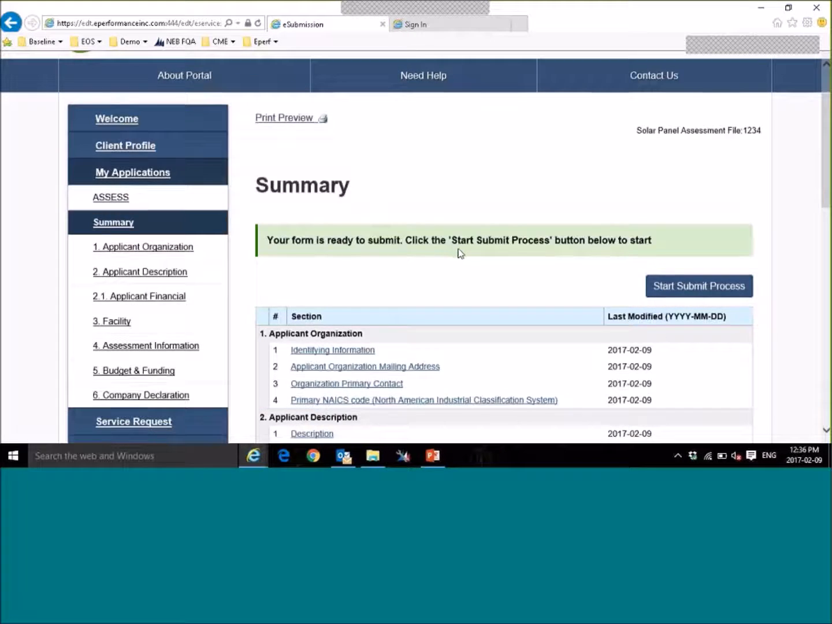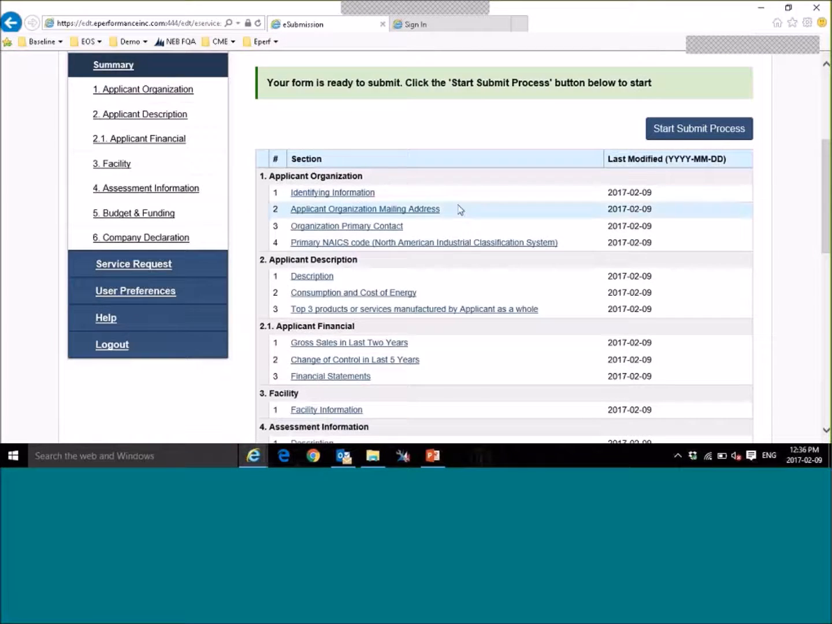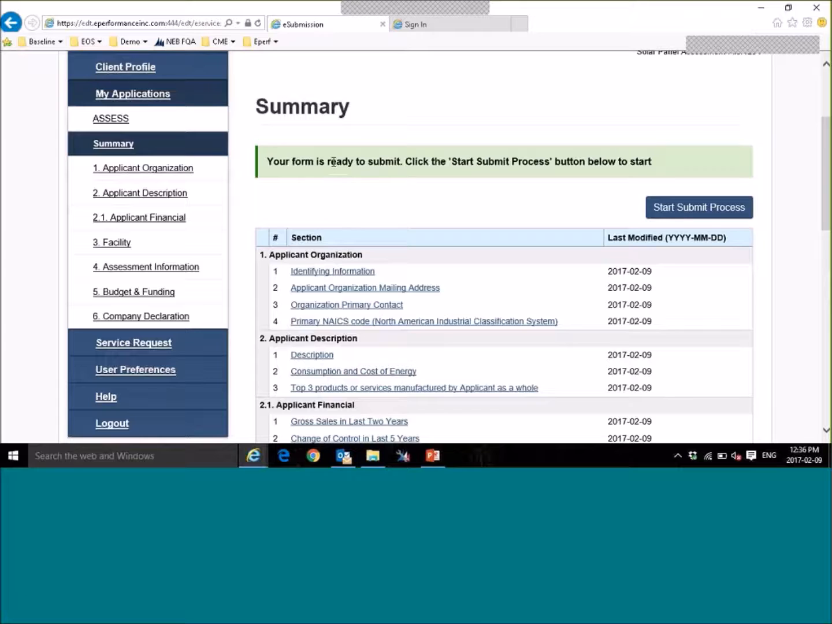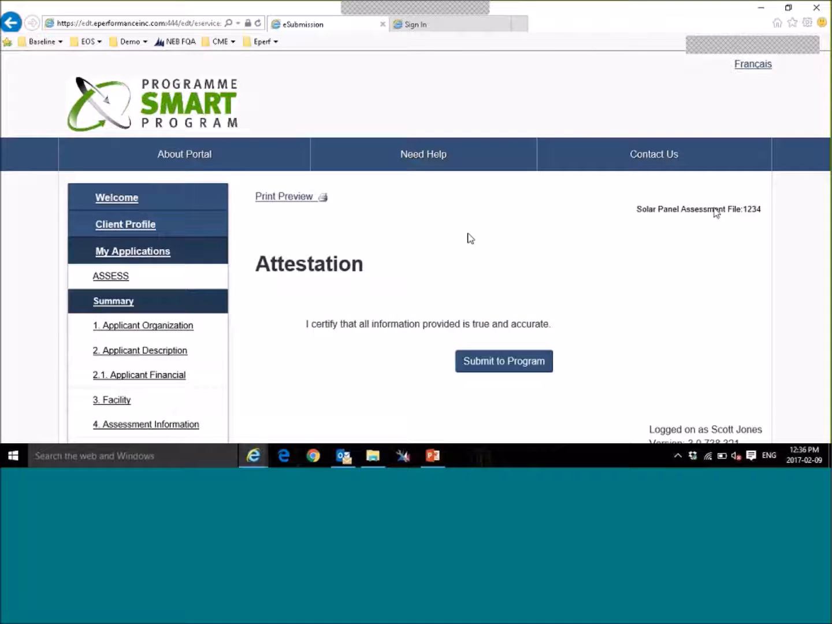So now that I've clicked next and completed the form, you can see that I'm greeted with a message at the top of the screen, your form is ready to submit. And then I would click Start Submit Process. This would show me the